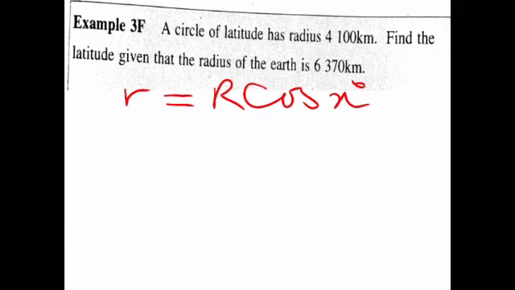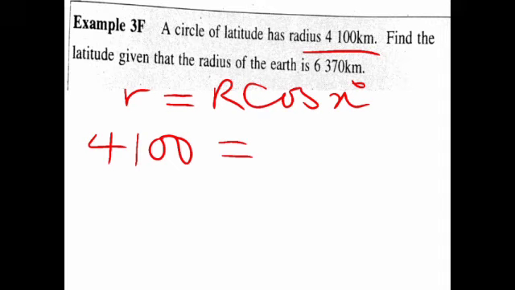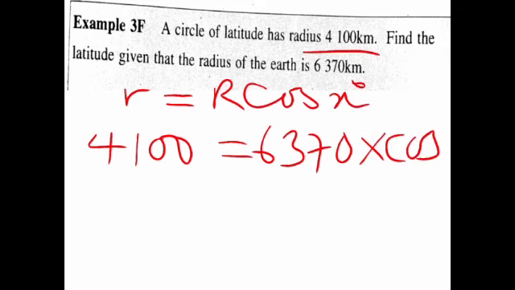So we've been given that a circle of latitude has a radius. So the radius has been given as 4,100 is equal to the radius of Earth, which has been given as 6,370. That is in kilometers. That should be times cos. The angle has not been given, so it's the one we are looking for, meaning we're looking for the degree of the latitude. So this will be over